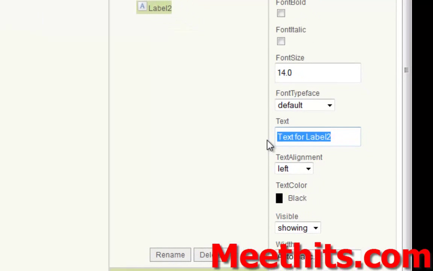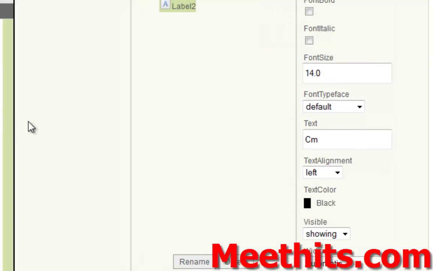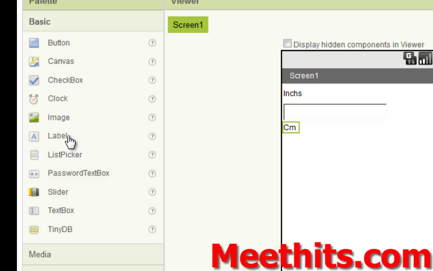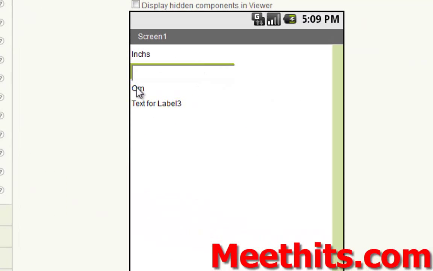Another label will display centimeters, cm for short, and another label which will give the result. You enter inches here, then it will show the result.